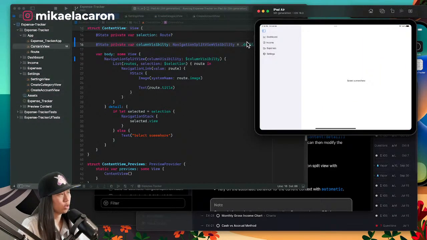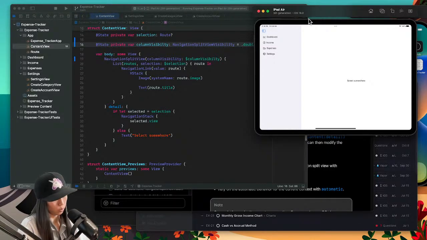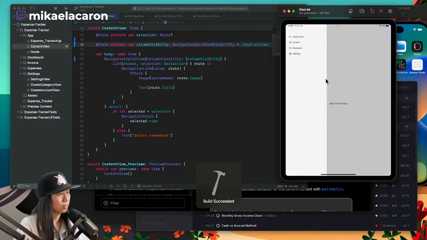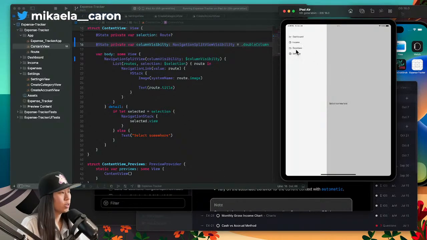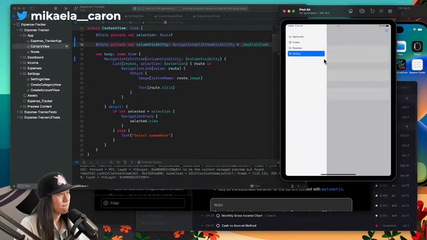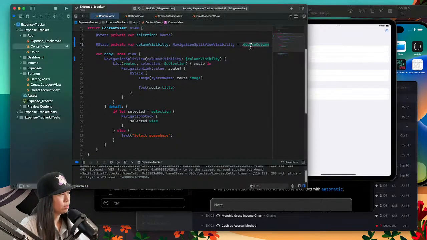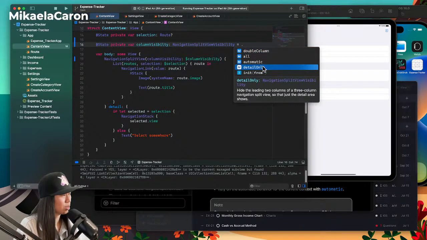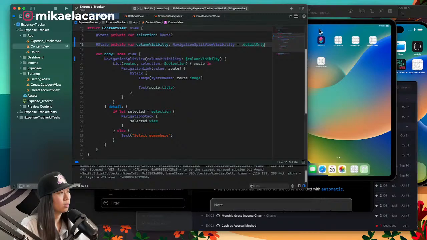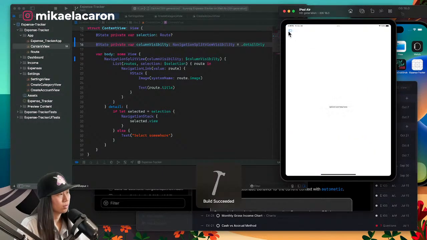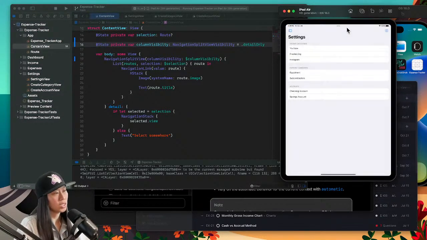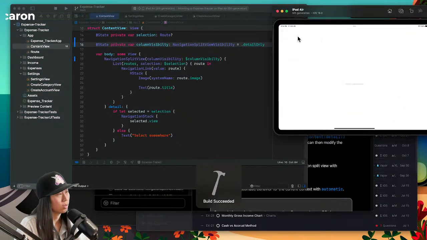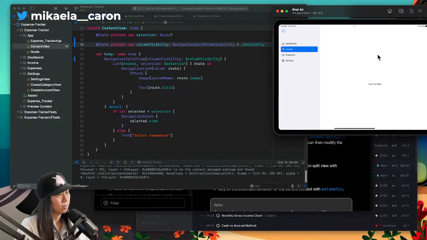Okay, that keeps them both open, but if we go to portrait, and then refresh again. Okay, so it opens it by default if you do double column, but if you do detail only, I believe we still have to select something like this, but if we do it in landscape, I believe